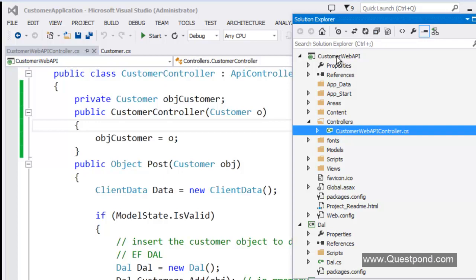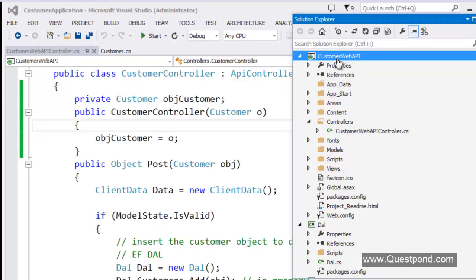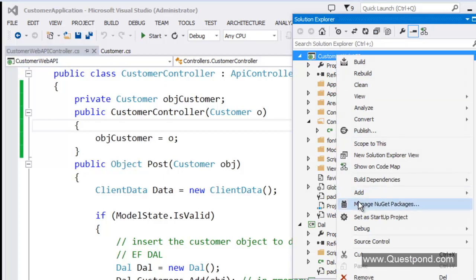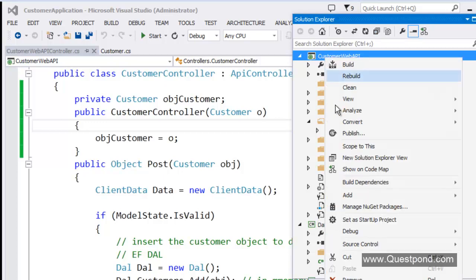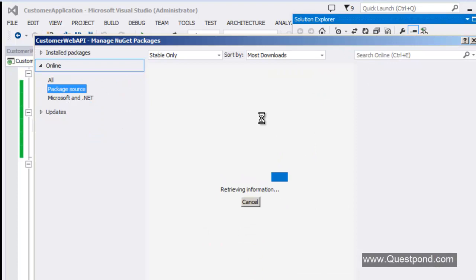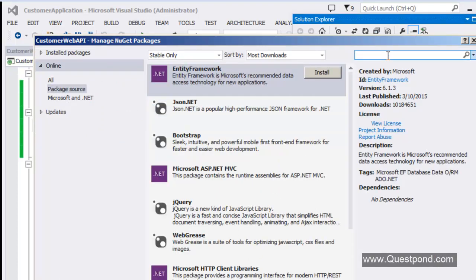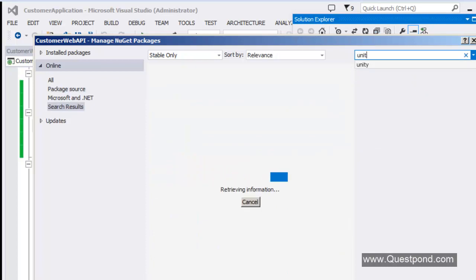So let us open the NuGet Package Manager. Let me right click on the Web API project here. Remember, whatever changes we are making currently, we are making in the Web API project, because the Web API project has those customer classes. So I'm going to say manage NuGet packages, and in this we'll search for Unity Application Block. Again, I repeat, please do go and see the videos of dependency injection, where we have explained how to use Unity Application Block to do dependency injection and inversion of control.